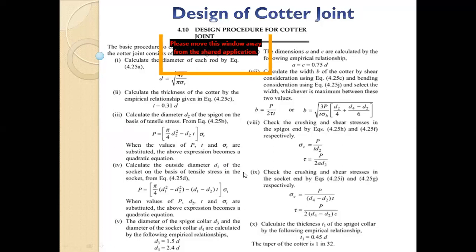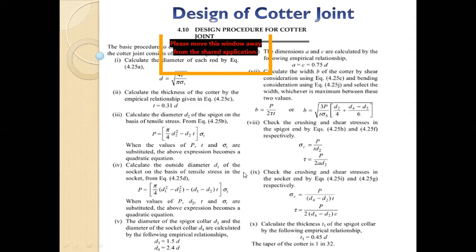Right. So if you know SYT, divide it by the factor of safety to get sigma t, and multiply by 0.5 to get the allowable shear stress. Okay. So now we have sigma t, sigma c and tau for all the different parts. Also we have P, the load on our quarter.